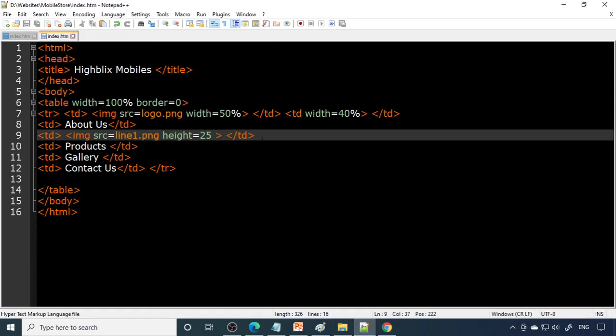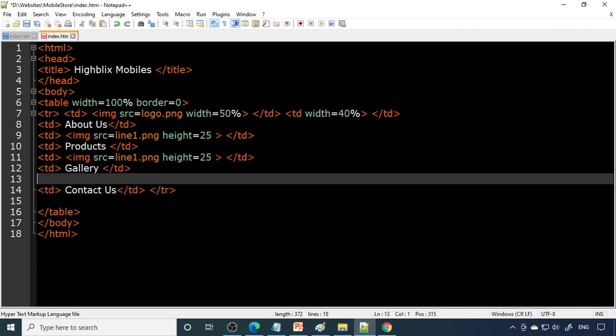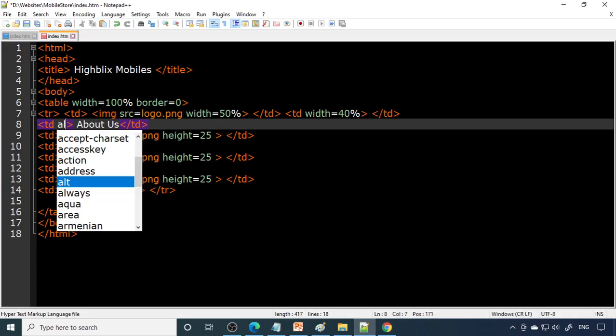In the same way, we want to repeat the same line after every product, every link. So you can see that a line came in all the places. But we want to bring it to the center. In that case, what you have to do is align this to center.